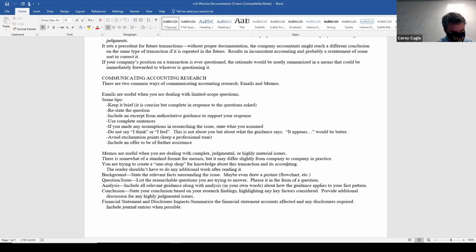Let's see. After researching the content of the question, I've come to the conclusion that the U.S. Treasury notes can be classified as a current asset. Kind of starts out in the middle a little bit. Here's one: I was reviewing the balance sheet we discussed on Thursday. We created a scenario in this one. Okay, nice. Yep, that's okay. In response to your question regarding U.S. Treasury notes classification, I would consider blah, blah, blah. So these are all good. It's kind of jogging the person's memory a little bit.